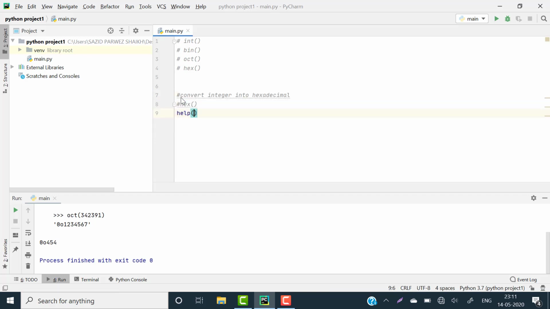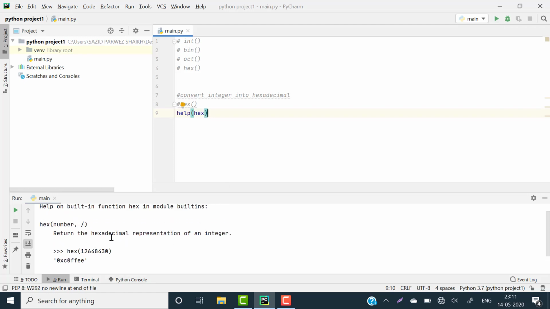Now we will try to convert integer into hexadecimal. We have the inbuilt function hex, and we will check in the help to know more about it, and it is saying that it returns the hexadecimal representation of an integer. Take an example and try to convert integer into hexadecimal.